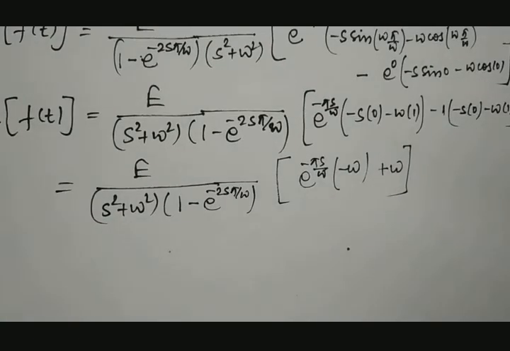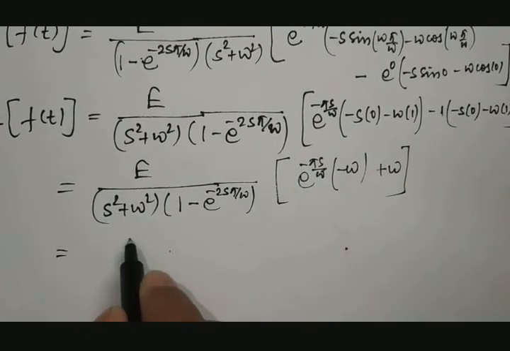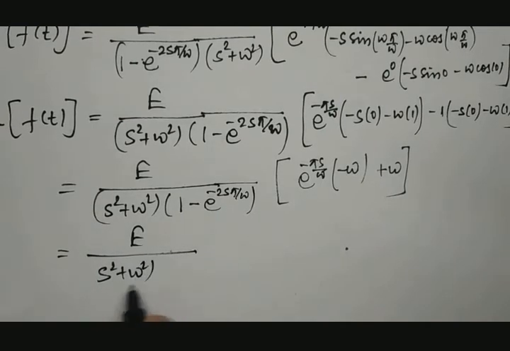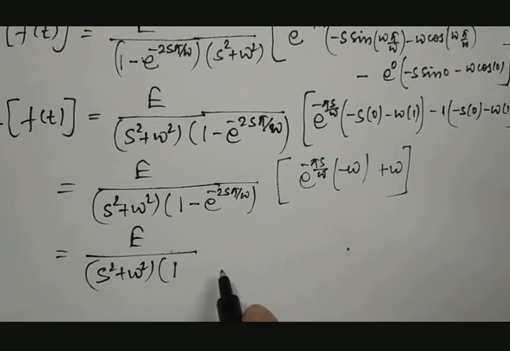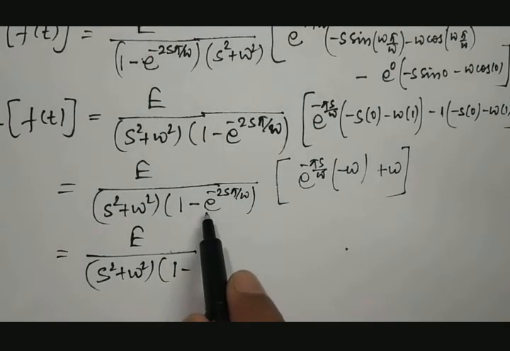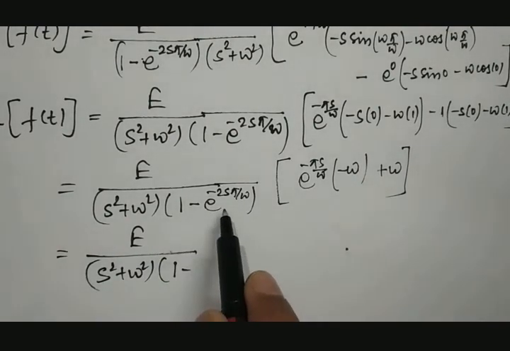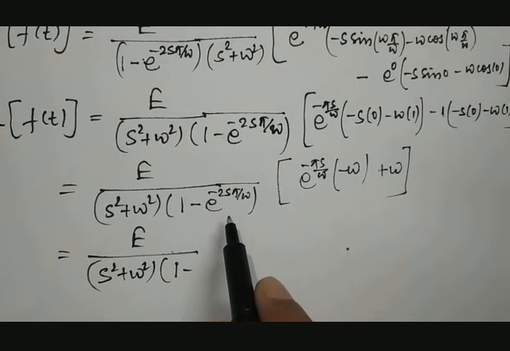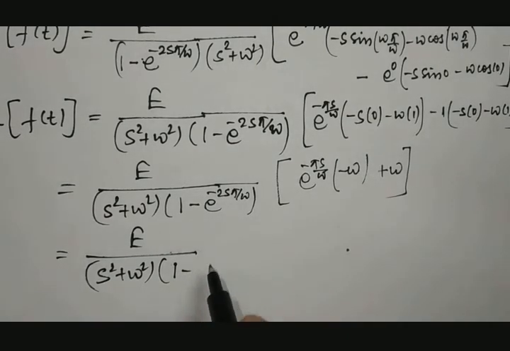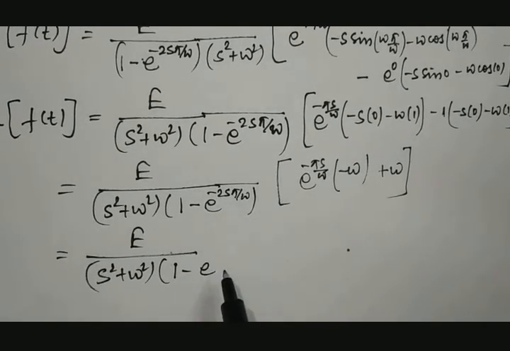Fine. So which is equal to e divided by s square plus omega square into 1 minus, this can be taken as a square minus b square, which is nothing but a plus b into a minus b. If we take like that, then this will be equal to 1 minus e raised to